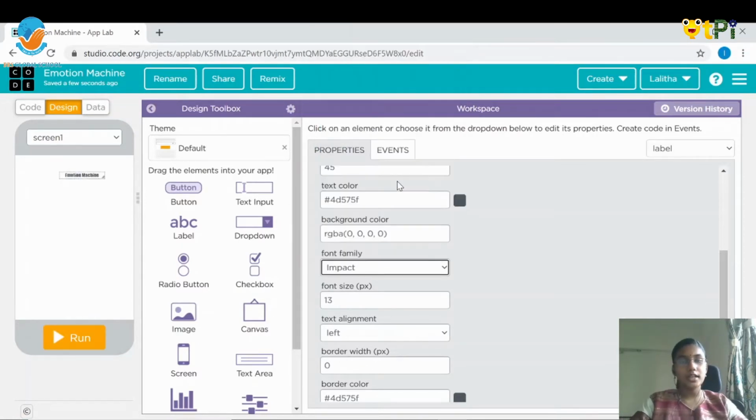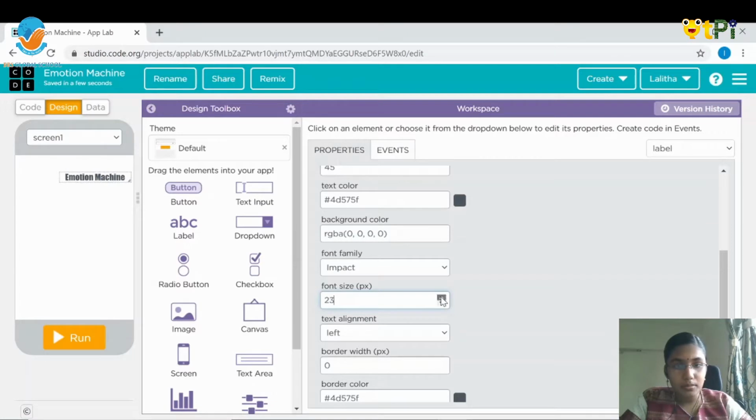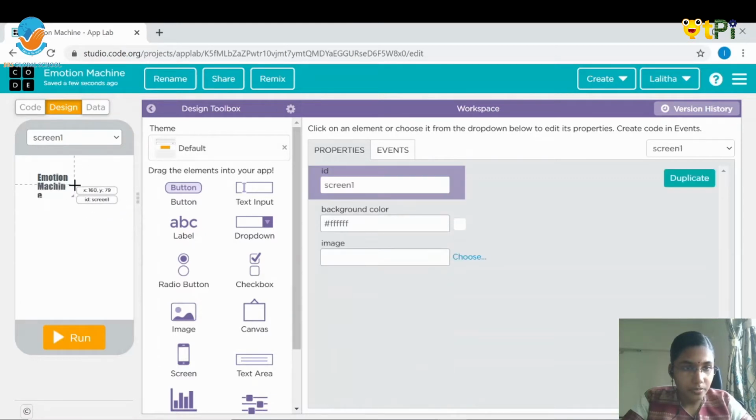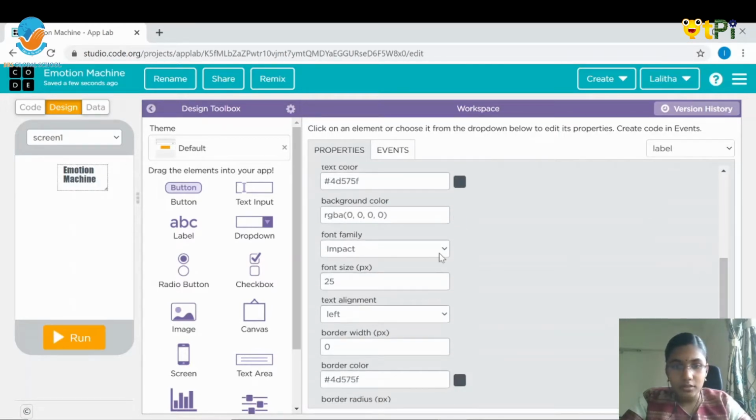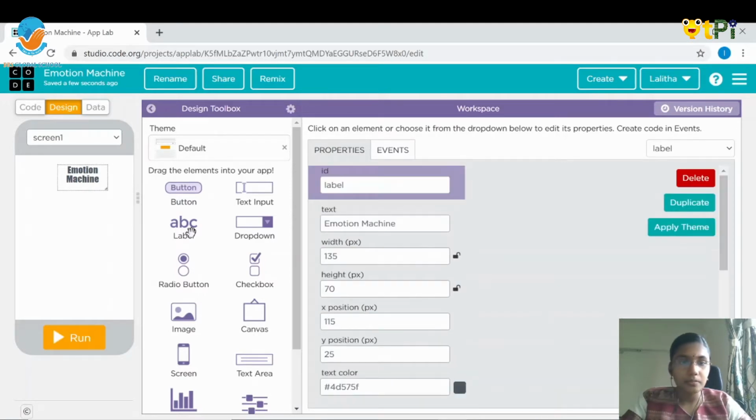I like to give it as Impact, and I'm going to increase the font size. Let's make it a bit big so that it's visible. After that, I would like to change the alignment of this. I'm going to give it center alignment. So we are done with this label.